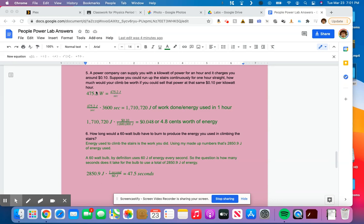And ultimately, what that 475.2 means is I would exert 475.2 joules of energy every second that I go up the stairs. So now it's important to figure out, if we're talking about a kilowatt hour, ultimately that is a total amount of energy used in an hour. So if my power is 475.2 watts and I do that for 1 hour, how much energy am I using? Basically, if I am using 475.2 joules every second, and I do that for an hour, which happens to be 3,600 seconds, then my total amount of energy spent, or my work done, is